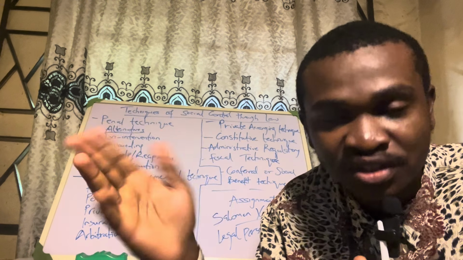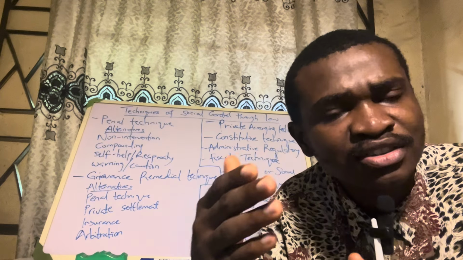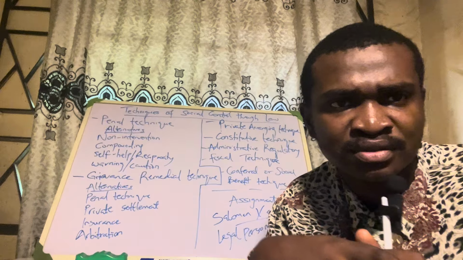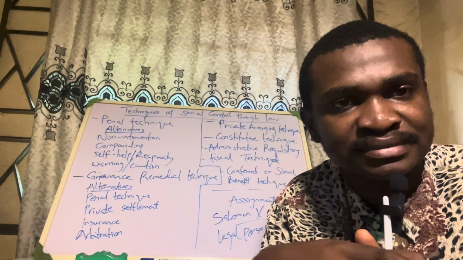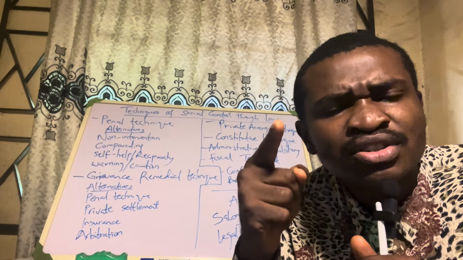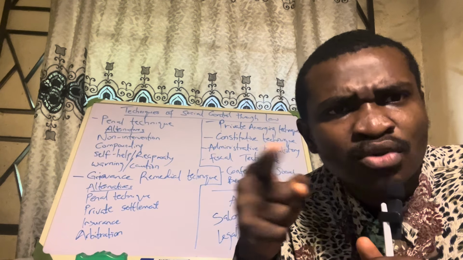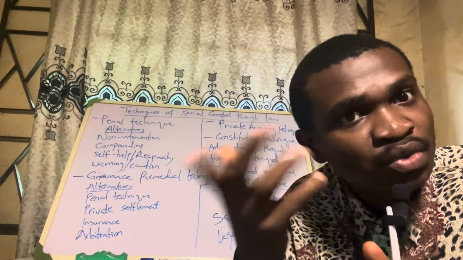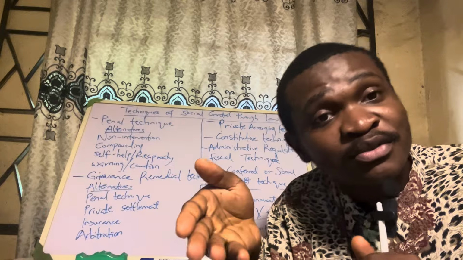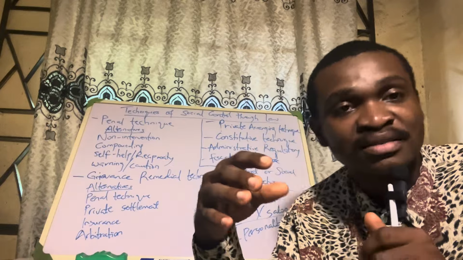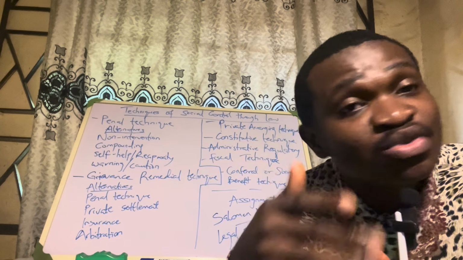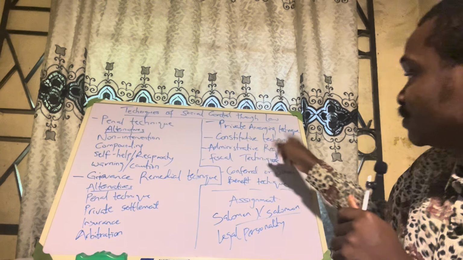Plus other things like maybe your teachers and all that. The National University Commission goes from time to time to check universities, to check if they are still standard. That is administrative regulatory. Because if they do not have these administrative regulatory people coming around to regulate them, it will be a problem, because what they do affects other people. So if what you are producing is affecting other people, it must be regulated, because if it is not regulated, it will be a big problem. So that is administrative regulatory.